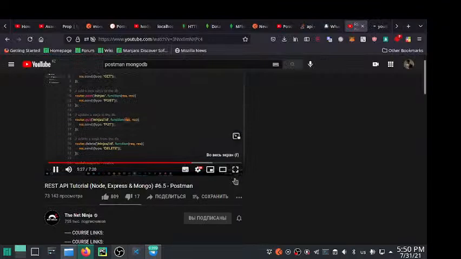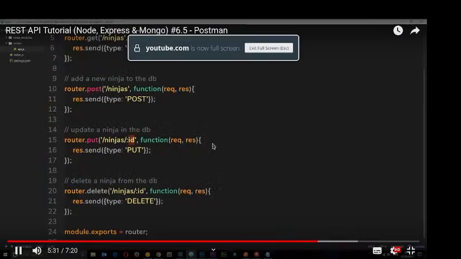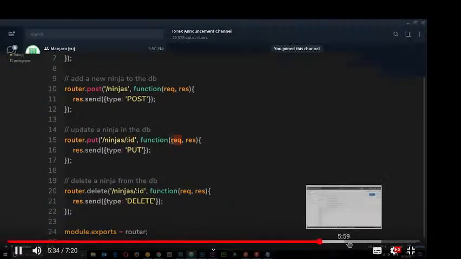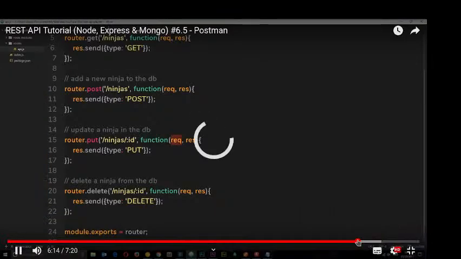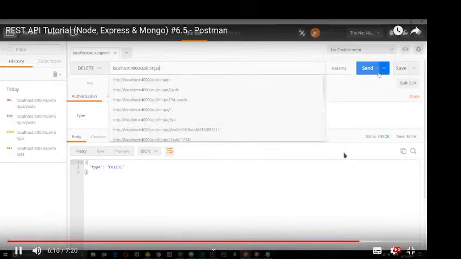Right there, so we can access it. So say for example this is some unique ID of a ninja, then it's going to pop it onto this request object. We can add, if I don't add this on, if I take that off and still try to make a delete request to this